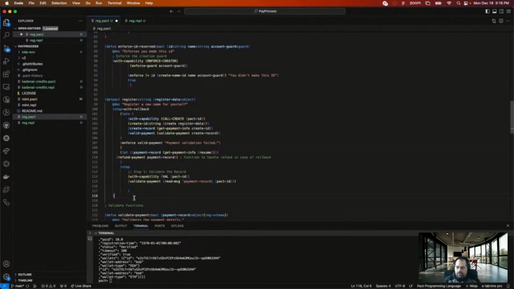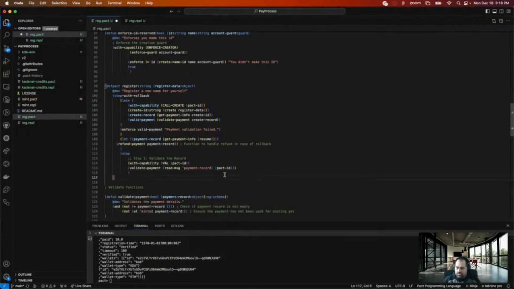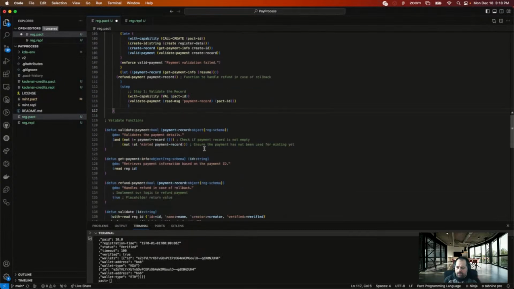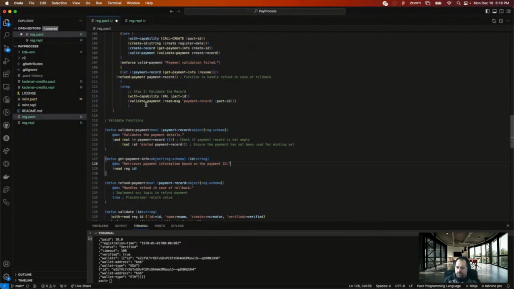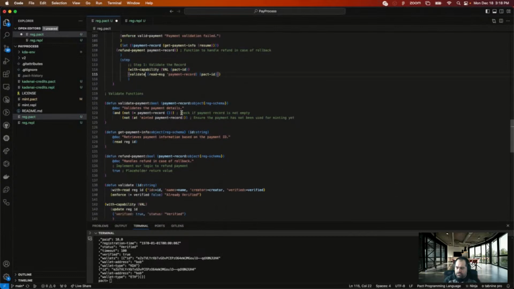I mean, it's going to be like a huge fail. So then validate payment would, it's validate. Sorry. That must just be a helper function.